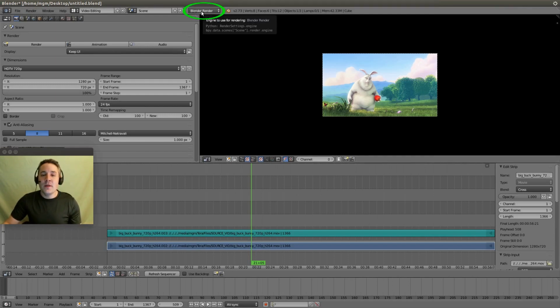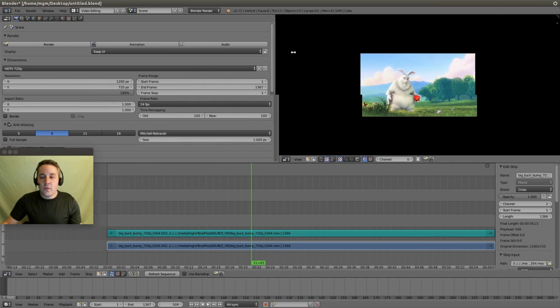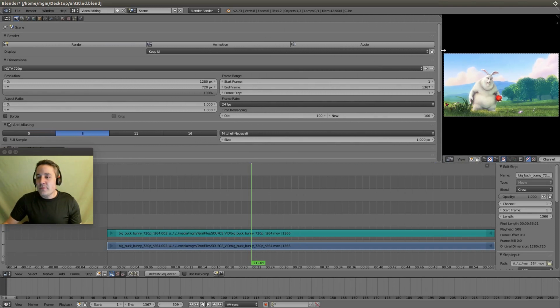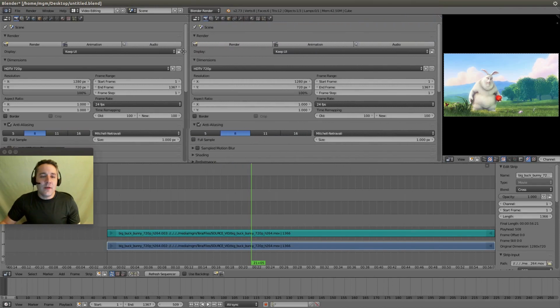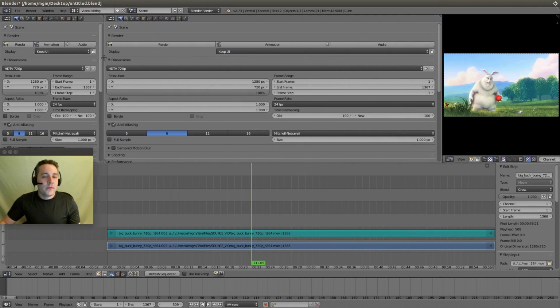So if you haven't set it to Blender Render, go up to this little drop down up here. If it's set to Cycles or something else, just make sure you switch it back to Blender Render. There we go. Now let's actually grab the edge of this window and pull it to the right with our left mouse button. There we go. And we're going to go up to this little triangular area up here. If you hover your mouse over it, it gives you a crosshair. Left click and drag to the left, and that will make a replica of the window. And we'll make another one. Let's go up to the little triangle area, and we're going to left click,